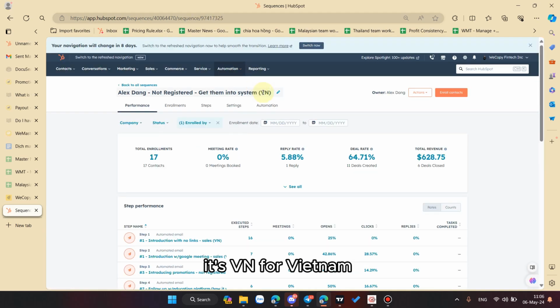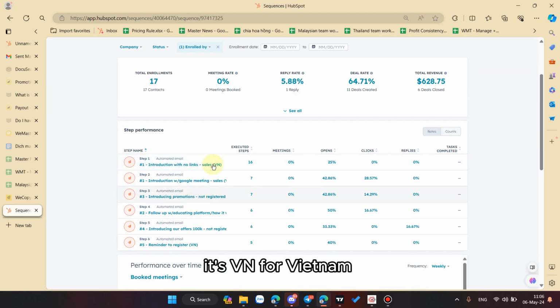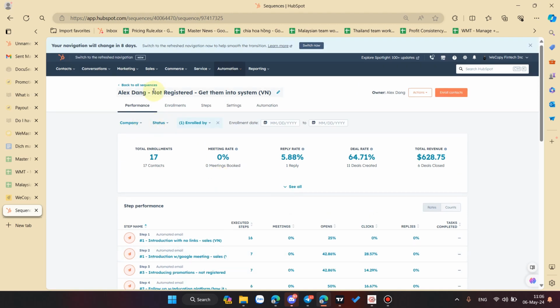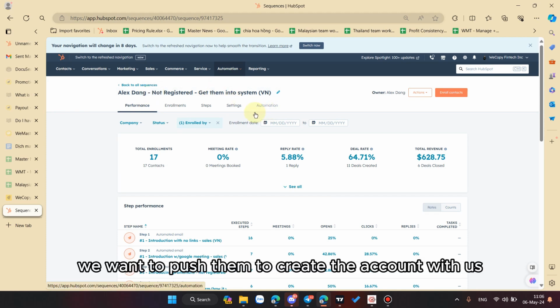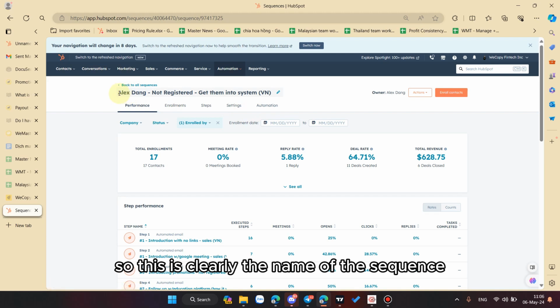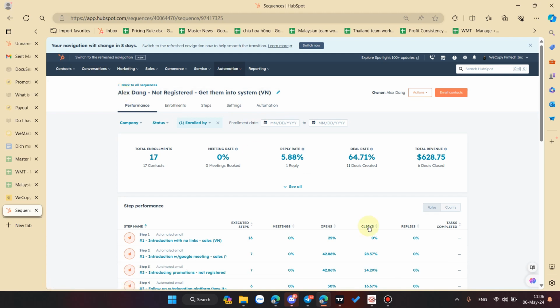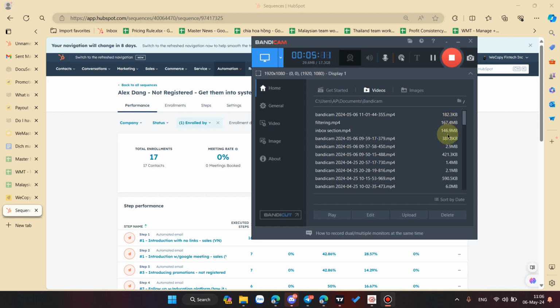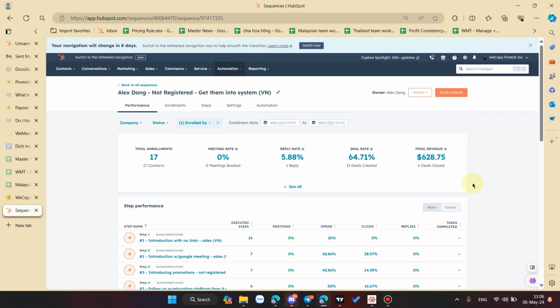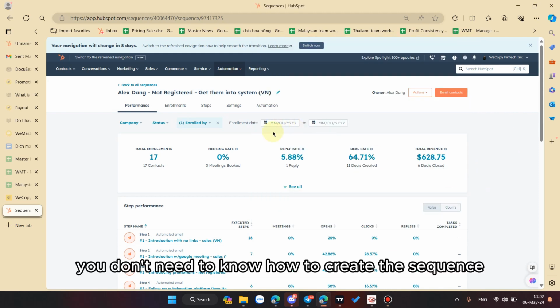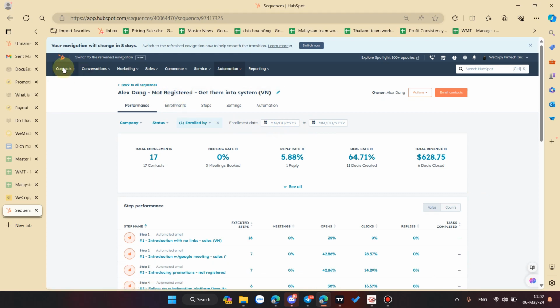Oh no, it's VN for Vietnam. So clearly, for any client that has not registered with us and we want to get them into the system, we want to push them to create an account with us. This is clearly the name of the sequence, the headline. You can read it. For now you don't need to know how to create the sequence, you just need to know the name, right?